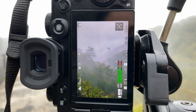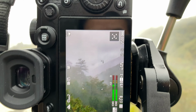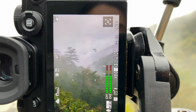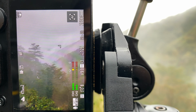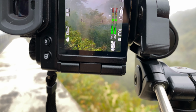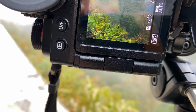So our next composition is this. This is the image of a tree there on the edge of the mountain we are in, connected to this highway, and the moody background there. So again, I'm gonna have to put this at ISO 100,